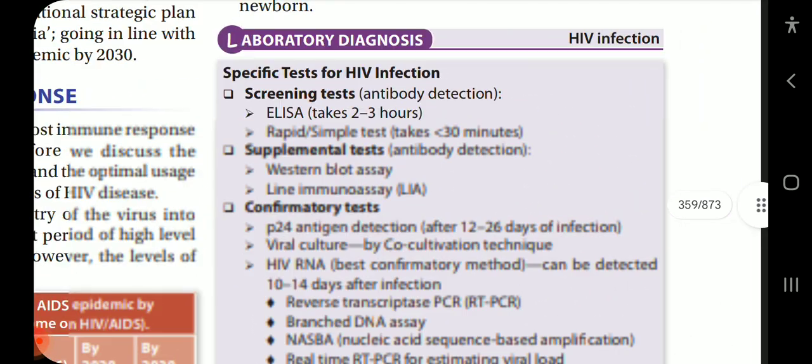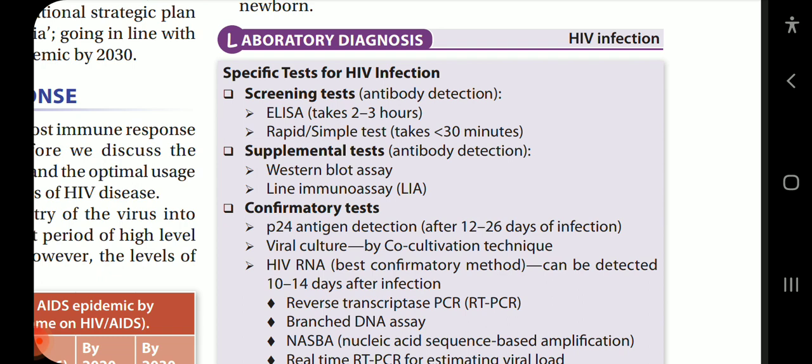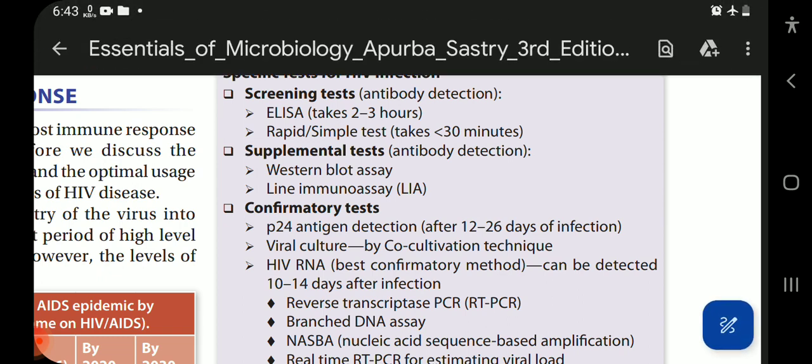Now, lab diagnosis of HIV. Specific tests for HIV infection. We'll be seeing it in a short while. So that's all for